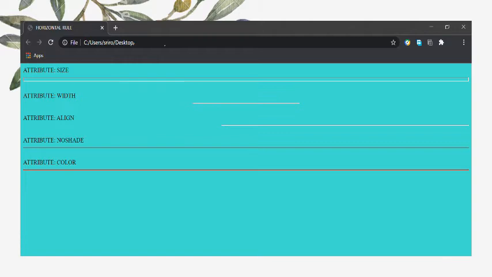In the second one, the length is specified as 300 pixels, and through this you can see that the default alignment is center. And in the third one, alignment is given as right, and the width attribute is used here with the value of 700 pixels. Now the noshade attribute is used in the fourth one, and the result you can see here as a 2D unshaded and dark gray line. And in the last one, the color is specified as red by using the color attribute.